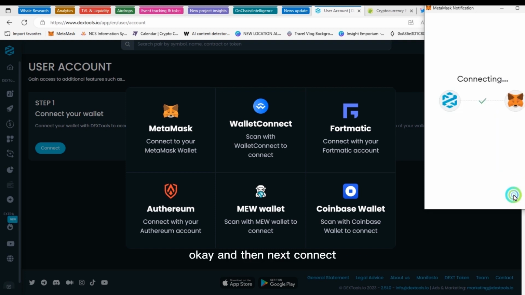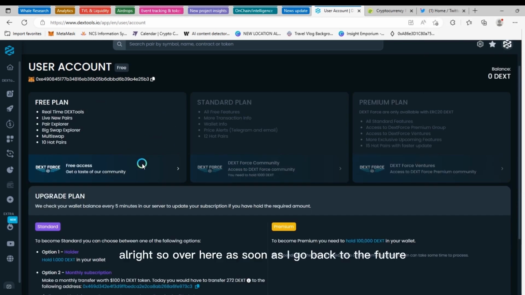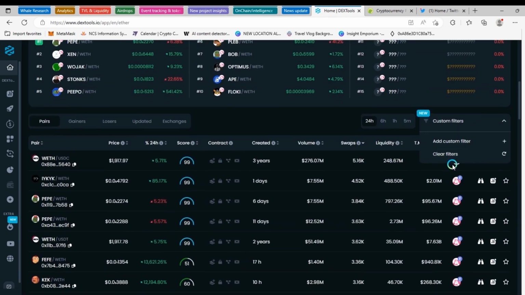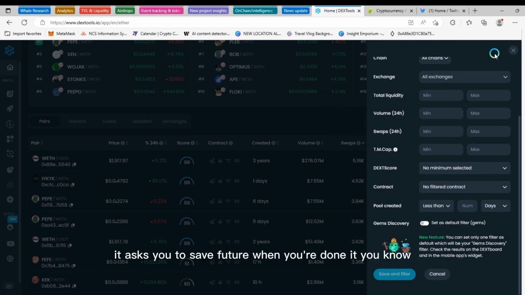Okay, and then next, connect, and then we are here, sign in. All right, so over here, as soon as I go back to the filter, you can create your own custom filter. You can create a name for the filter, whatever you want to call it, and save your changes. It will ask you to save the filter when you're done putting in some features you want to see. So guys,